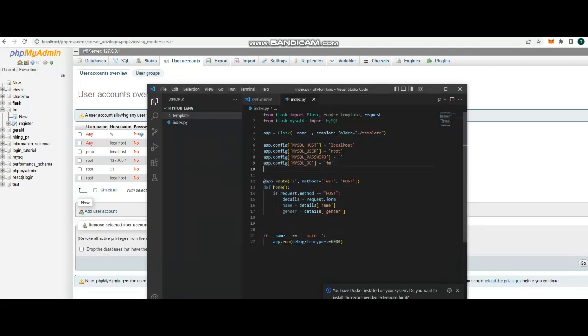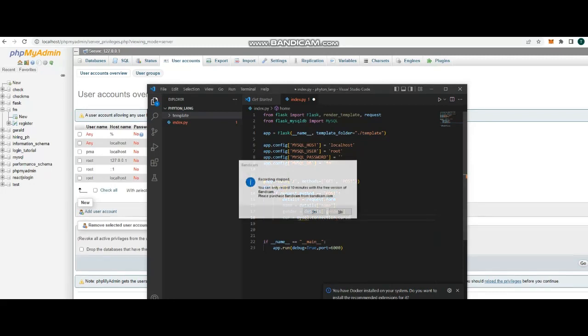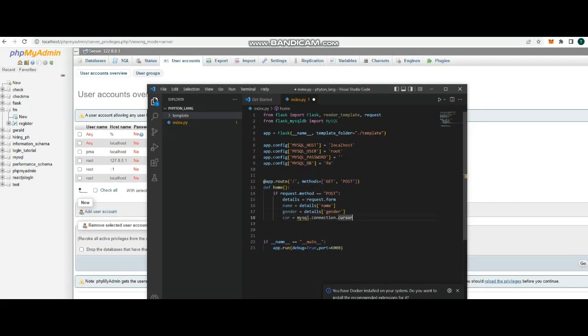Afterwards doing this, since we have the configuration here for us to be connected towards our database, the next thing that we need to do is to do here cur equals to mysql.connection.cursor. Sorry, cursor. All right. So afterwards doing that, the next thing that we need to do is to do a cur.execute. All right. Need to execute